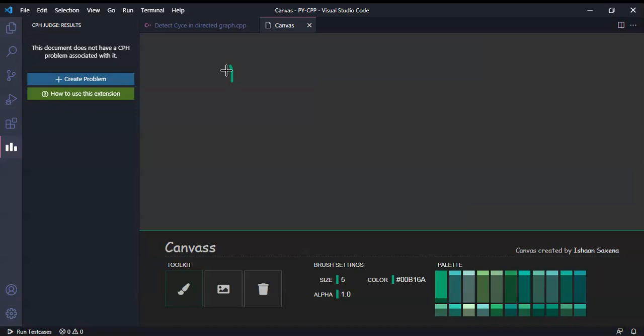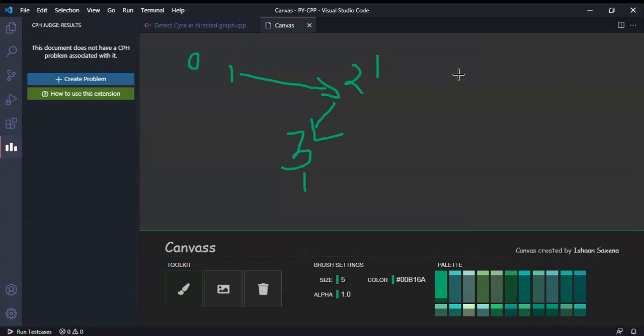Suppose I have a graph: 1, 2, 3. One is directed to two, two is directed to three. Now if we are applying breadth first search for finding the topological sort, we have to simply keep the in degree of every vertex. Here we can see that the in degree of 2 is 1, the in degree of 3 is 1, and the in degree of 1 is 0.